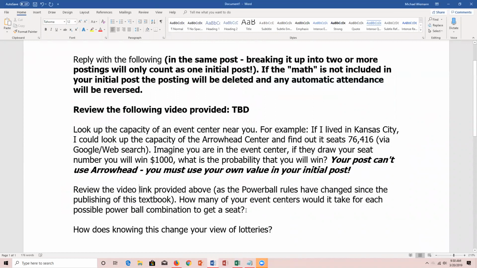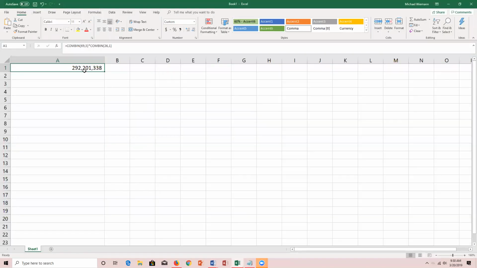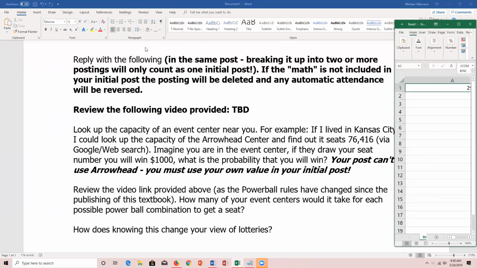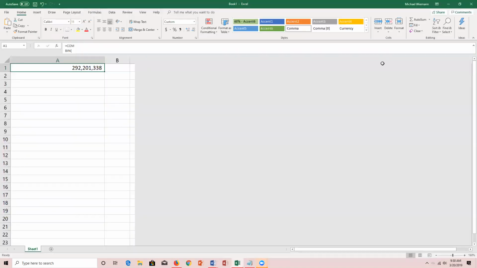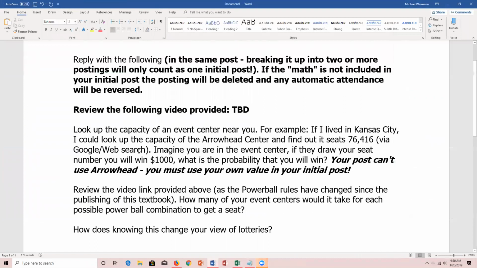To get that second part of your respective response, what you're going to need to do is start out with, again, let me bring this back over, this 292,201,338. And divide by whatever you end up using, the